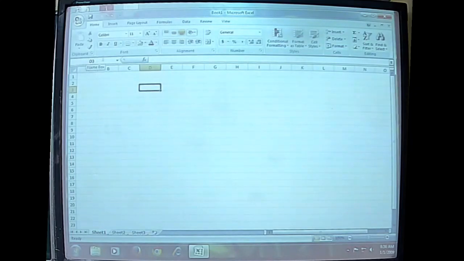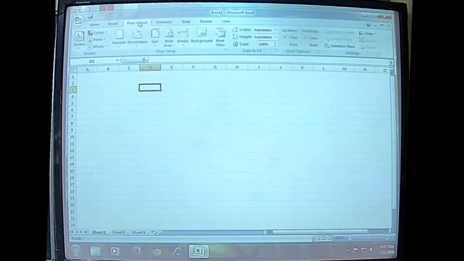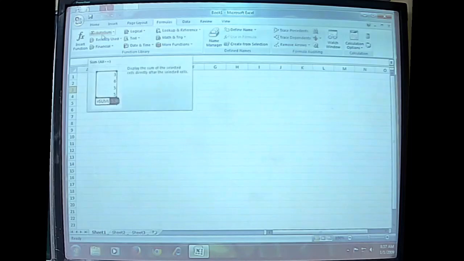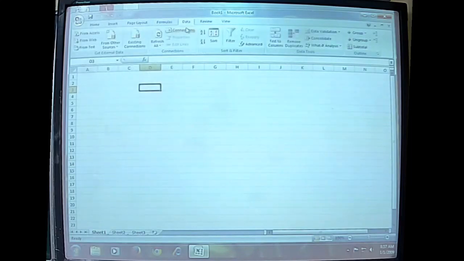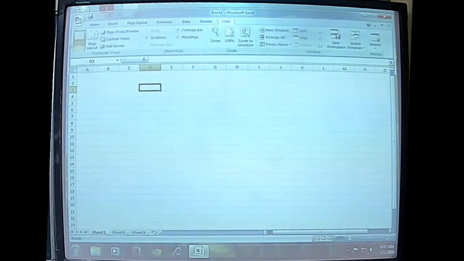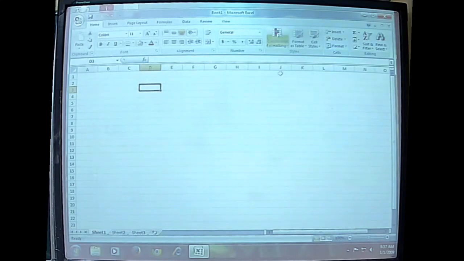Another component you must get familiar with is the formula bar. Whenever we type a formula, it appears in the formula bar, and if there is no formula, the contents of the cell itself appear in the formula bar. As part of the ribbon there are many tabs available, like the Home tab, Insert tab, Page Layout tab, Formulas tab, which will be discussed later, and the Data tab, in which various database applications can be performed, and then the Review tab and the View tab. So these are the various tabs which are available.